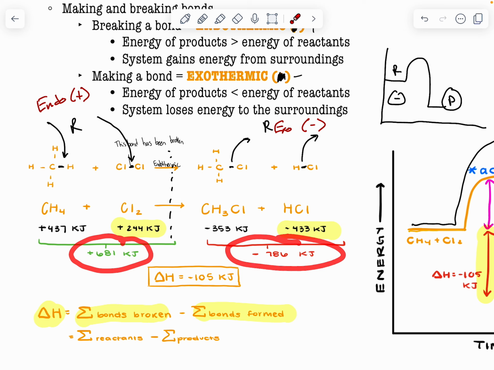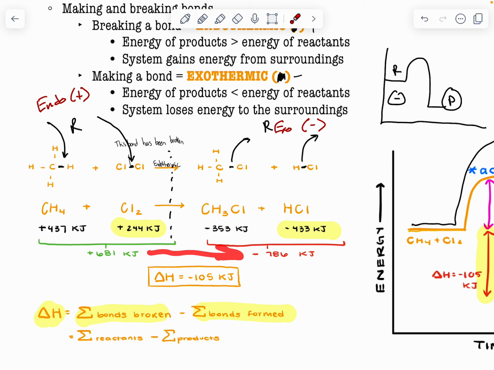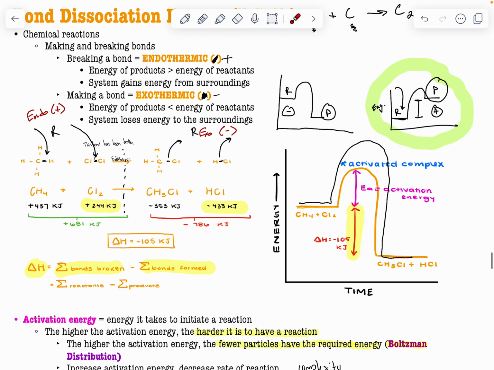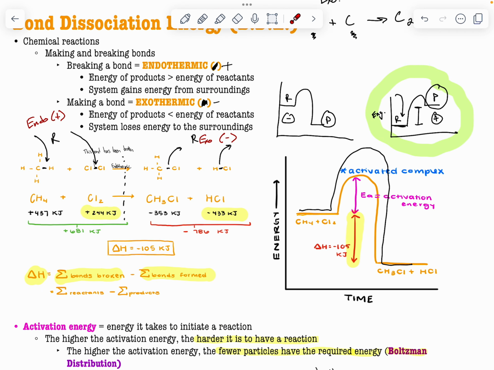So we know when we add these two together, we are going to get a total of 105 kilojoules, which is still signifying that we are more on the exothermic side of things. So basically that, with that value, which is delta H, is just representing the total difference between the reactants and products. And if we have a negative value like here, negative 105 kilojoules, that means we're